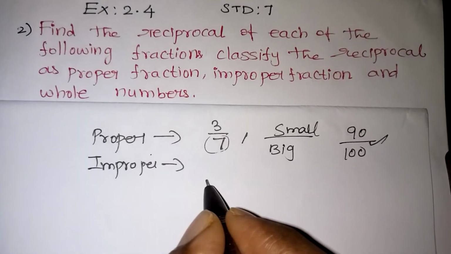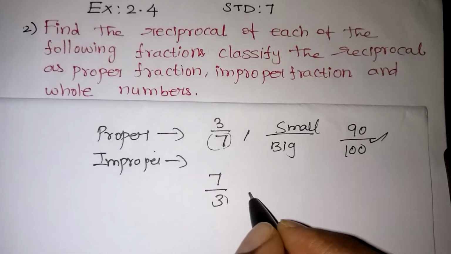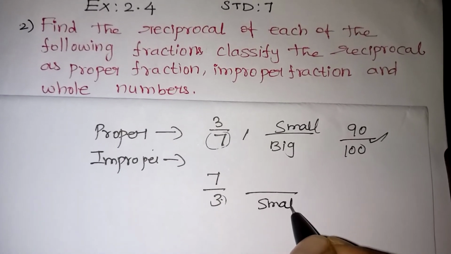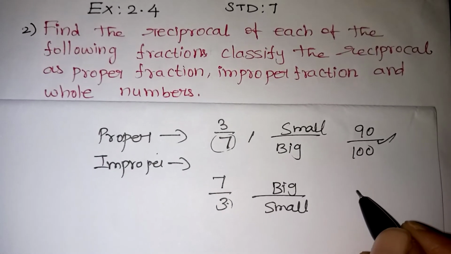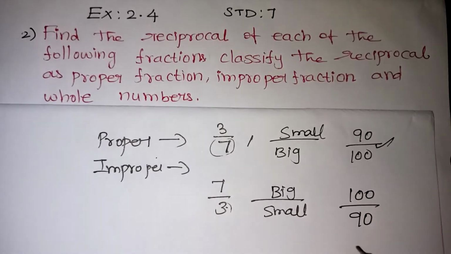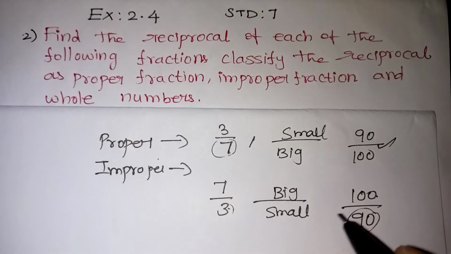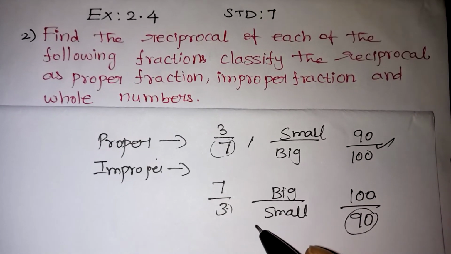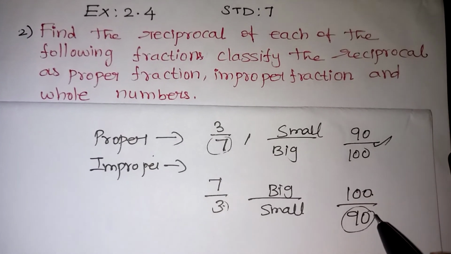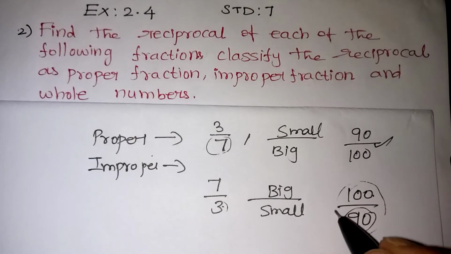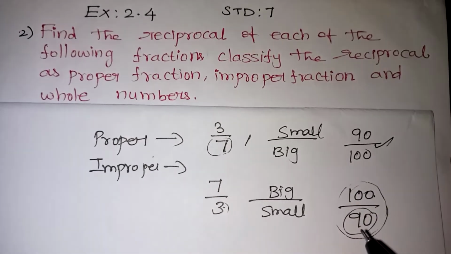Improper means they will be giving you 7 by 3. Out of 3 you cannot get 7, right? So this is improper. My denominator will be the small number, my numerator will be the big number. So this is called improper fraction. Suppose they have given 100 out of 90. I am conducting a test for 90. Is there any possibility to score 100 marks? Not possible, right? That will come under improper. So the denominator when it comes small, that will be improper fraction, which does not happen for your test marks. You can keep it in your mind. This is not possible in your test paper, right? That is improper. Which is possible in your test papers will be the proper fraction.